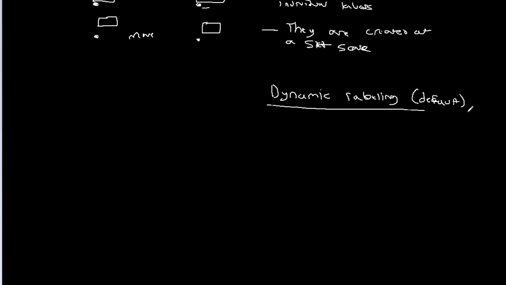So whenever you right-click and go label, it's going to by default use dynamic labeling. So let's talk about what dynamic labeling does differently from annotations. So the key difference with dynamic labeling is that it's not only relative to the position, but also the scale. So in this case, the labels,